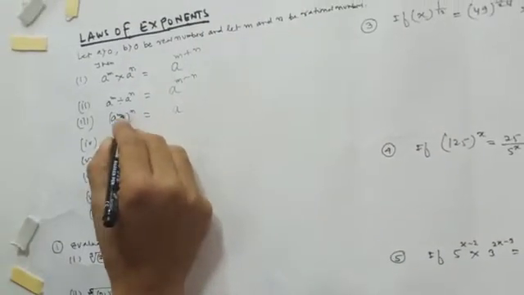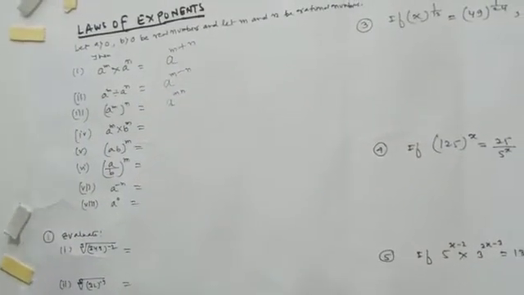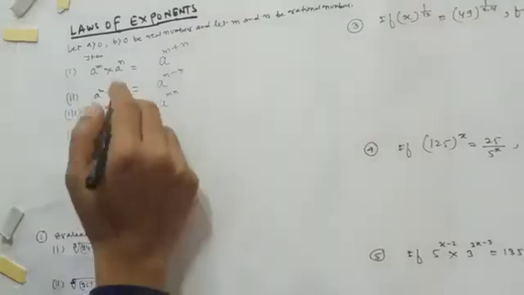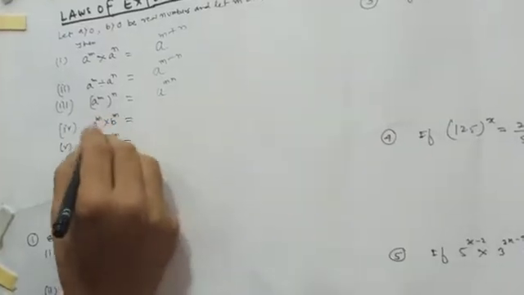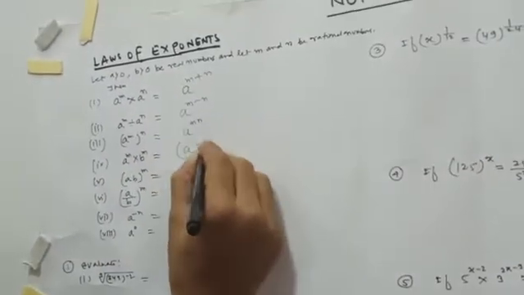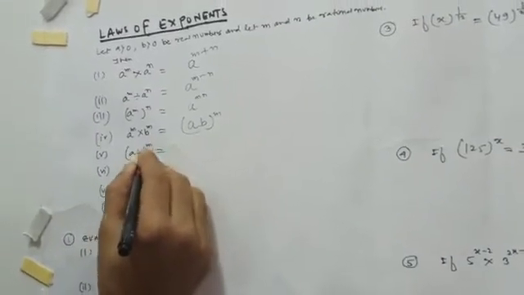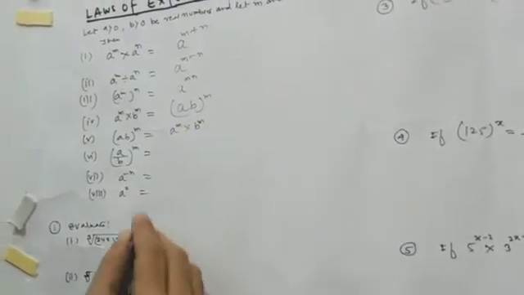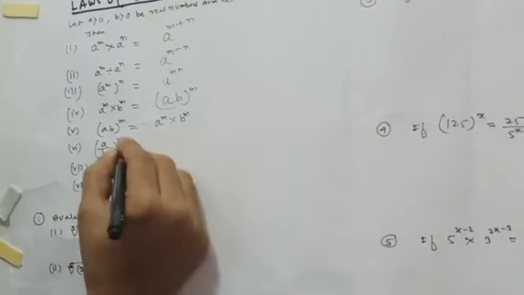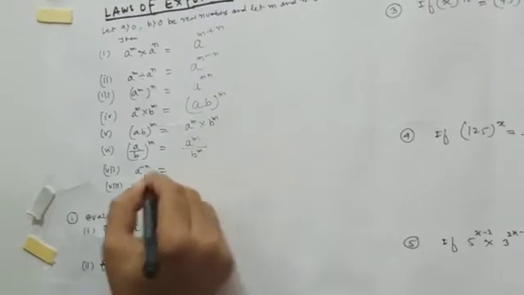a is a base, this power and this outside power, both powers are going to be multiplied. So a to power mn, a to power m, to power n. Here the power is same in both the bases, so you write ab to power n. Over here, ab to power n you can split like this, a to power n and b to power n. Over here, a by b, so when the power is applied, it will be a to power m by b to power n.